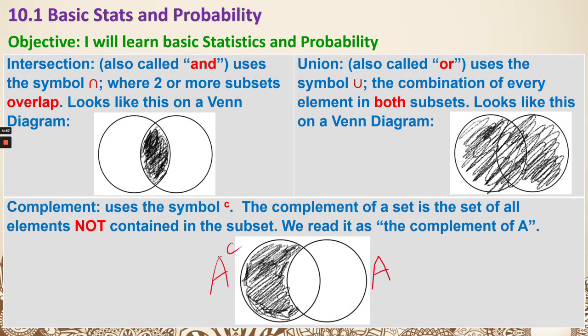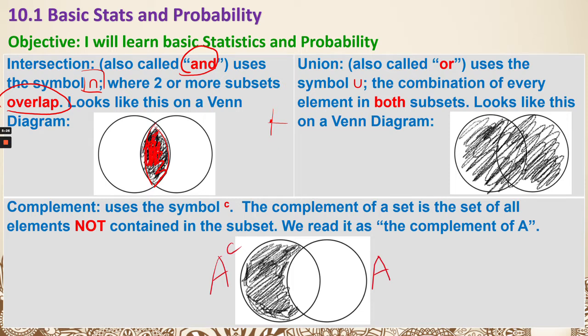Just like on a road intersection, that just basically means a point that both roads go through. So in this case, we need to make sure road A goes through it and road B goes through it. Intersection, and we use this upside down U symbol to represent it, means where two or more subsets overlap. As you can see in the Venn diagram, this is the part that is actually shared by both circles. So that is